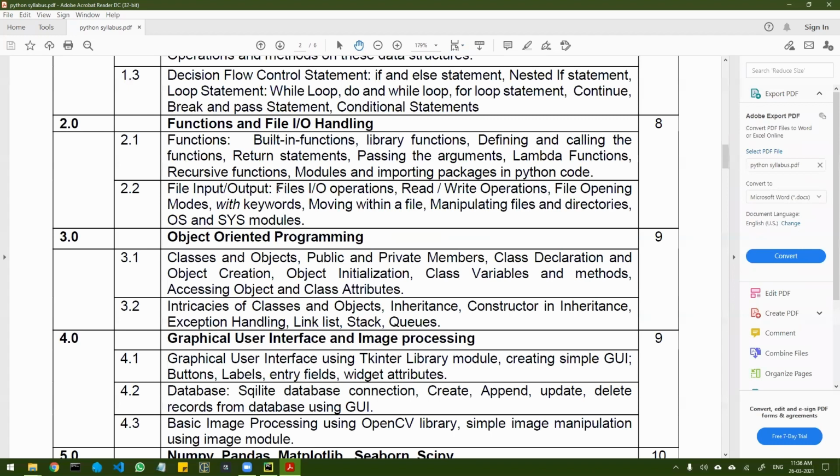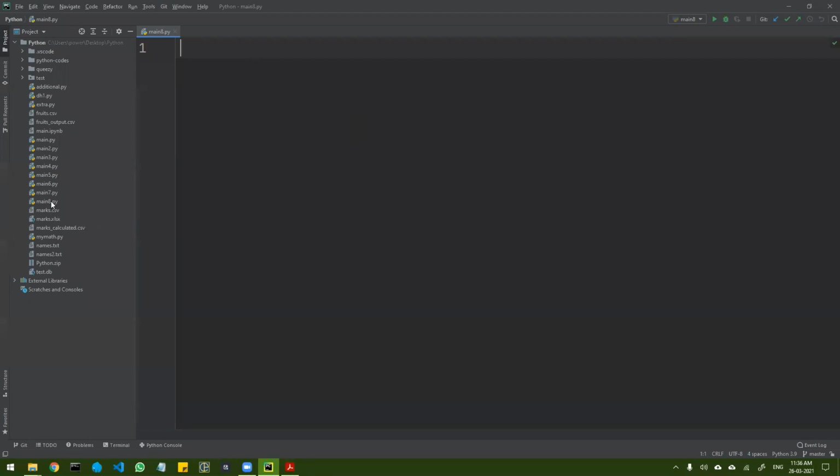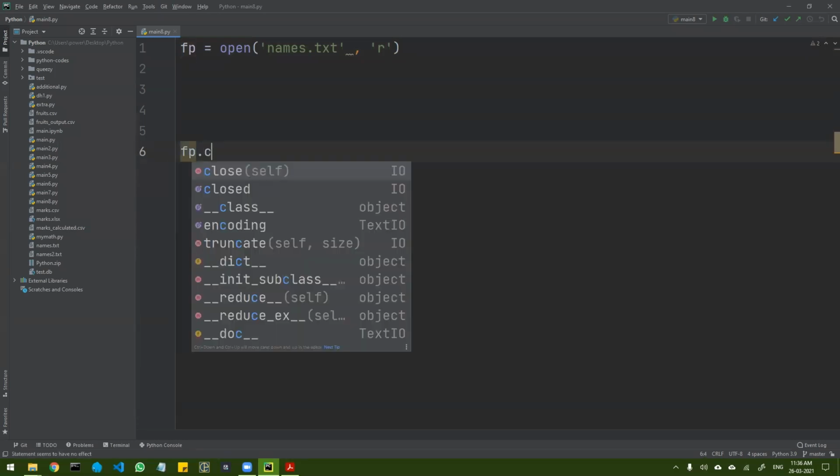Okay, so we have covered almost everything. Now this is remaining, the with keyword, and then we will look at some modules. Okay, so let's open, yeah, so let's quickly do this. So open the file name is names, and the mode is, let's suppose, read. Okay, and then I would do f dot close,